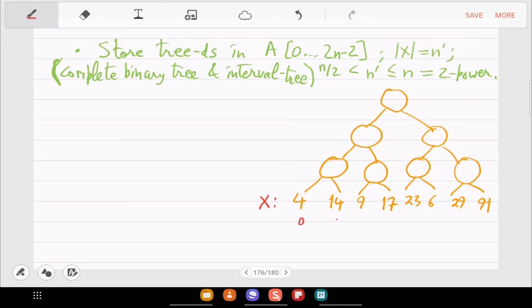These are the locations, 0 to 7. What do you fill in the internal nodes? It has this heap-like property, so you put the min in the internal node. So you put 4 here, 9, 6, 29, then 4 here, 6 here, and 4 here.